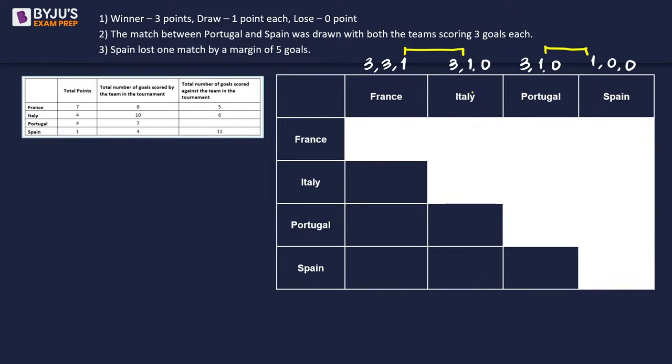The draw happened between France and Italy, so ये फ्रांस और इटली के बीच में ये मैच ड्रॉ था। ड्रॉ के लिए मैं हाइफन लिख दे रहा हूं, ठीक है, I will not write down the letter, नहीं लिख रहा, I am going to put a hyphen to show कि इसका आउटकम में कोई नहीं जीता, right, and it says that both the teams scored 3 goals each, so 3-3 कर लेते हैं। Now the next 2 matches of France were win, so France wins there, so we will write down the letter of the word France, the first letter, to remember कि कौन जीता था उधर। Now the number of goals we don't know as of now। अब चलते हैं इटली पे। इटली का एक ड्रॉ है, एक विन है, एक लूज है, so which one is the draw and the lose we don't know।